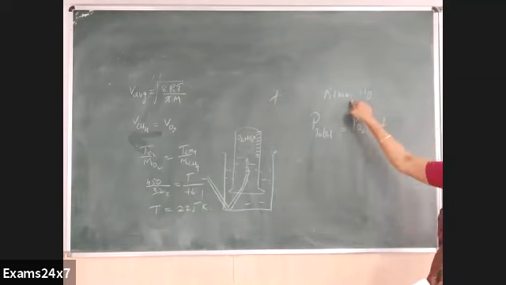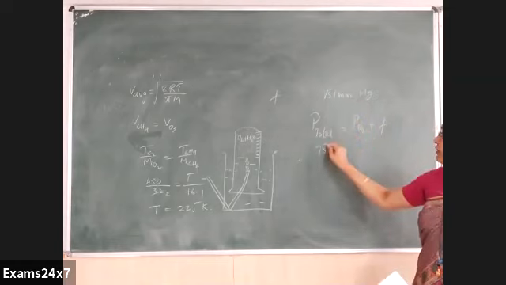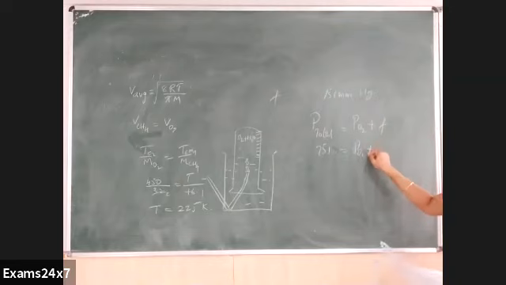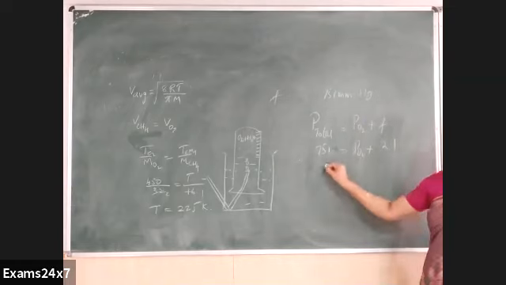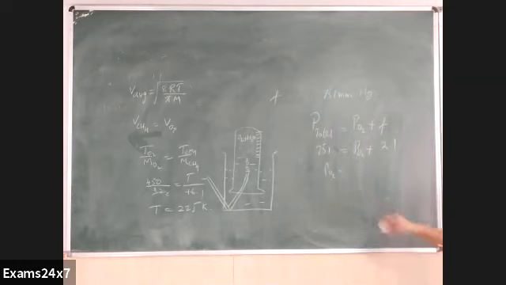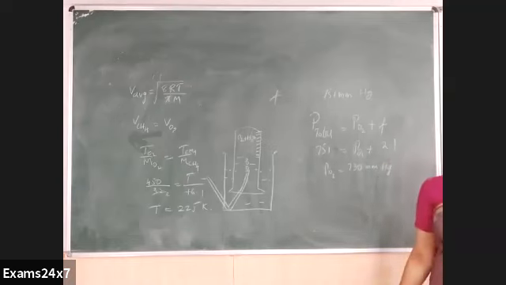They have said total pressure is 751 mm of mercury, which is equal to pressure of oxygen plus vapor pressure of water, given as 21, right? So what is pressure of oxygen? That is what is asked. 750 minus 21 gives 730 mm of mercury. But you don't have this option. But there are two options given in atmosphere.